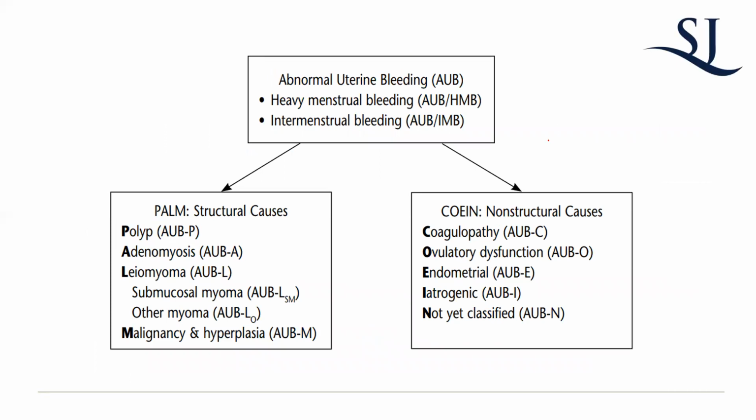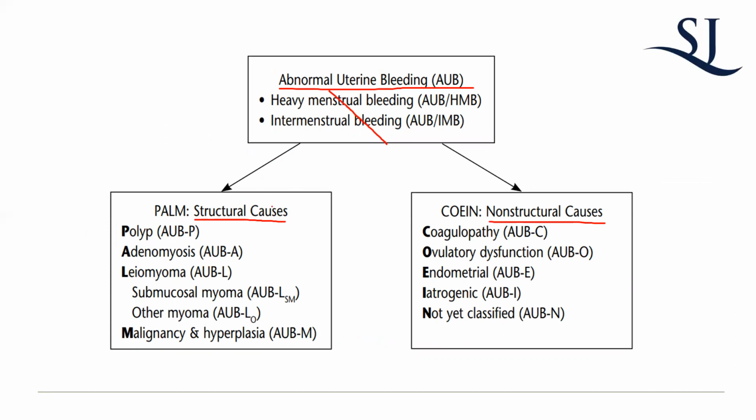I'm not really one for mnemonics, but this is what is recommended by ACOG, so it behooves us to look at it. The terminology that is actually used is simply abnormal uterine bleeding, okay? And then you have a fork in the road to determine what the main causes are. And this is the most important part. So first, it's either a structural cause or a non-structural cause.